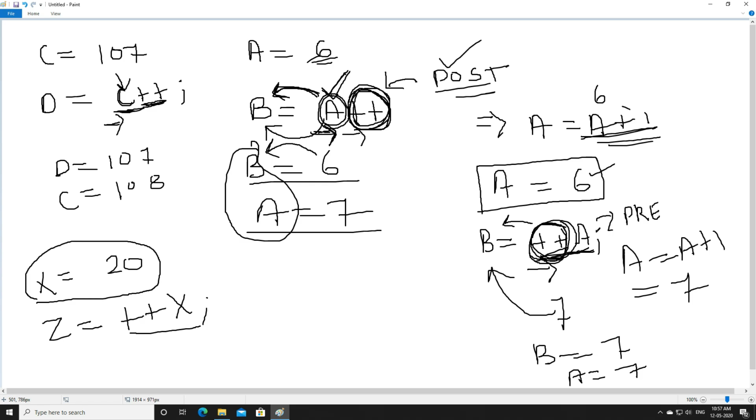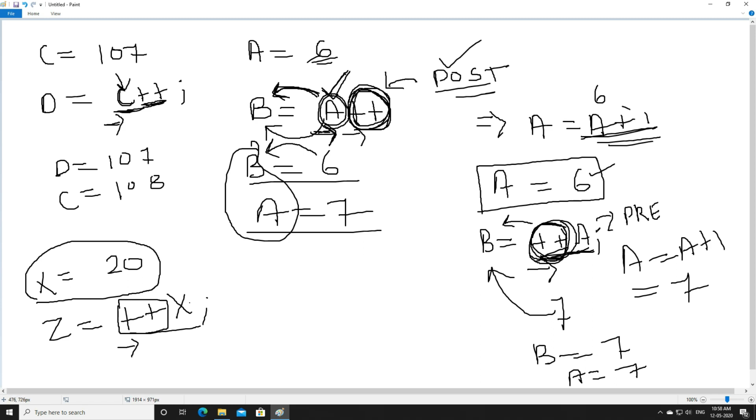It says that whenever ++x is used, or whenever pre-increment is used, first increase the value and then use it. When we move from left to right, you can see the plus sign comes first, and as the plus sign comes first, we have to increase the value.